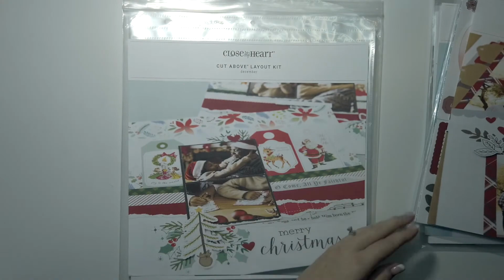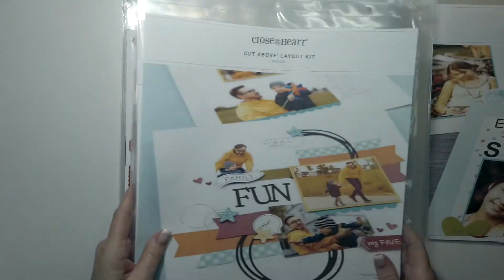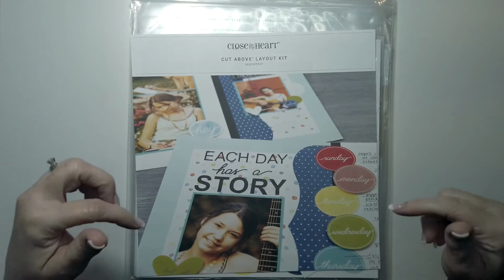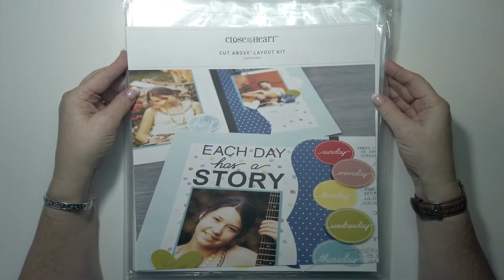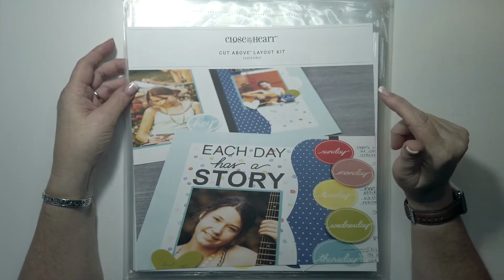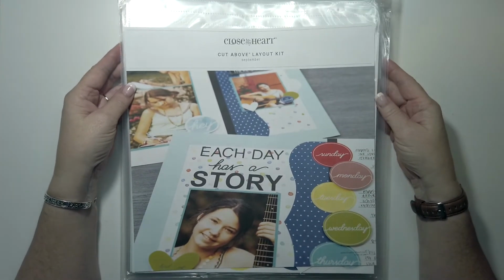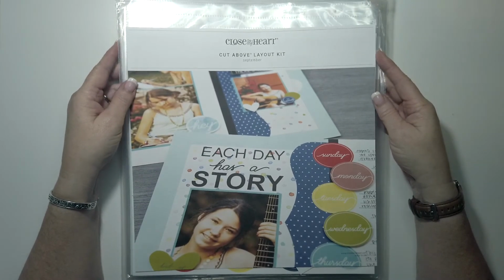So those are all 4 that you get in this quarter's Craft with Heart subscription service. If you have any questions about the subscription service, just go ahead and leave those down below for me. I'll be happy to get back to you. I'll also have a link to my online store down below. Just click on the online store and then click on subscriptions right at the top of my page, and you'll get all the information, all the different options you have, and best ways to really maximize your money,